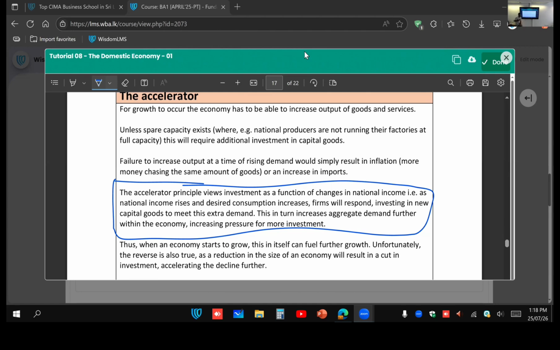What does that mean? This is having an accelerator effect where you start to grow. If the economy starts to grow, it's on an accelerating effect, right? But just like that, unfortunately, if the reverse happens, if the economy goes down, okay, right. So this was about the reduction of the economy resulting in a cut in investments, accelerator. Okay, then the next part,